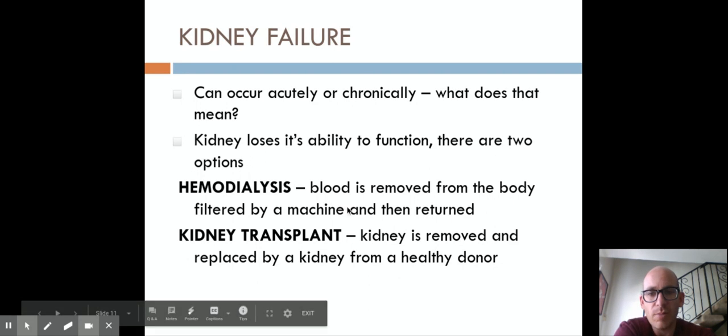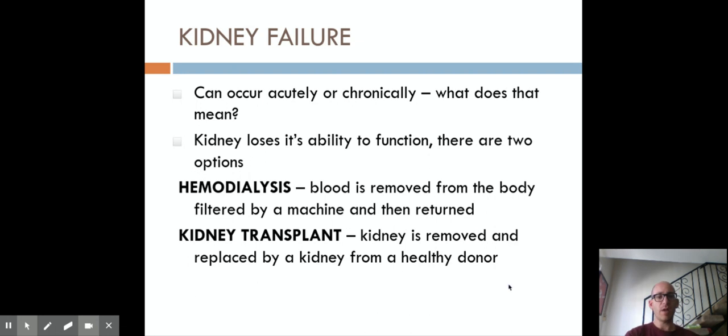The other option, which is far more common, is hemodialysis, which is basically hooking the person up to a machine, taking blood out of the person, running it through the machine, and putting the blood back in. Your kidney is about the size of a fist, and it works really efficiently at doing what it's supposed to do. The hemodialysis machine is like the size of a washing machine. So you have to push the blood out into this big machine through tubes, and then it's connected back into you with clean blood.